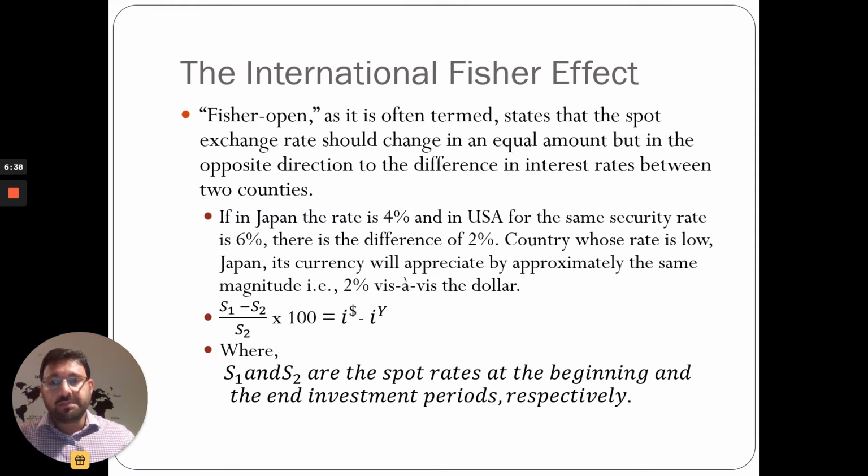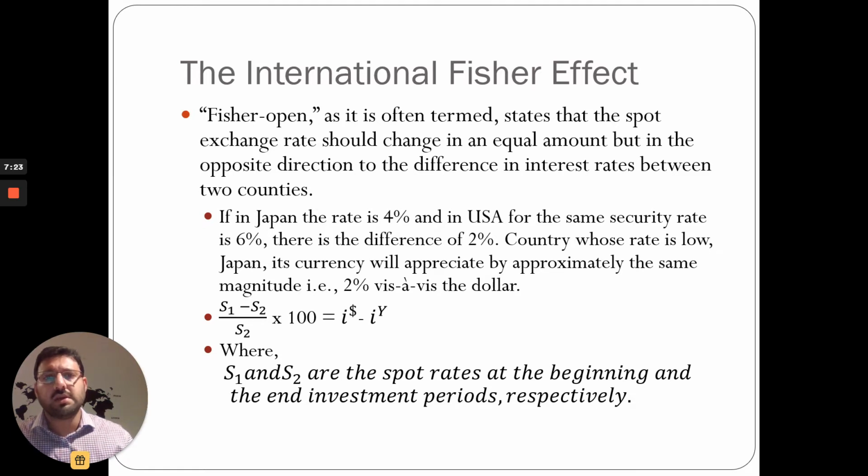So in other words, we first check the difference in the interest rate between the two countries, and where the interest rate is lower, like in this case the Japanese bond at 4%, it is 2% lower than the USA. So next year, and in fact every year during that 10-year period, the Japanese yen should appreciate vis-a-vis the dollar by 2%. So this is the concept of the international Fisher effect, and the justification is that the investor must be